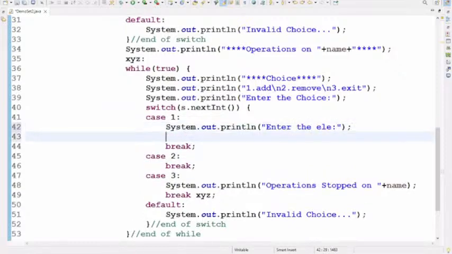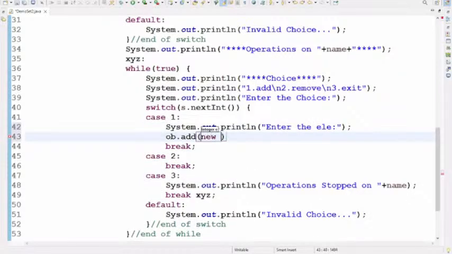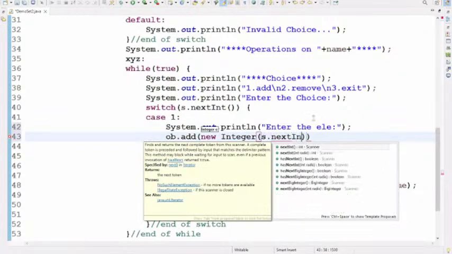I must add it now. ob.add(new Integer(s.nextInt()));